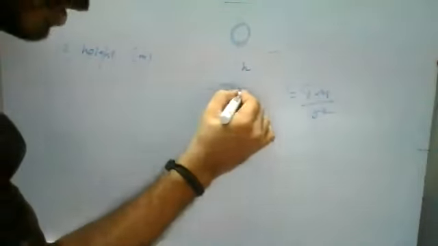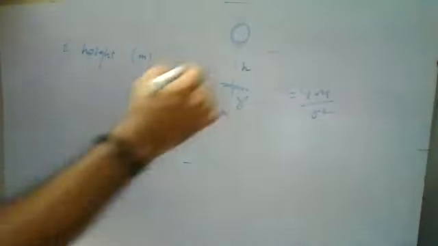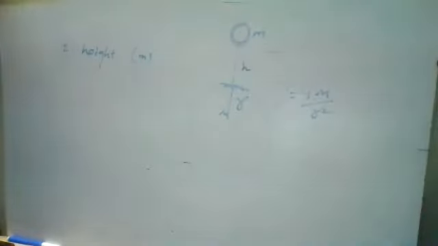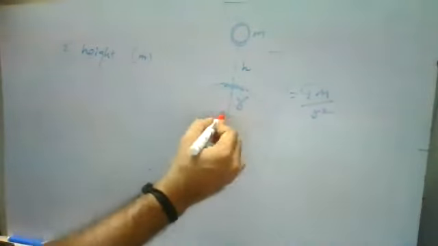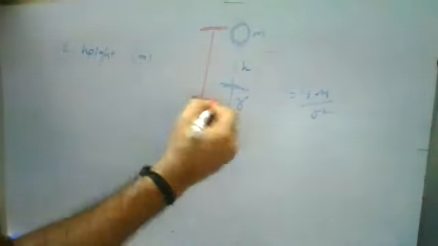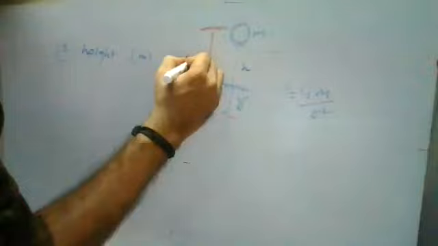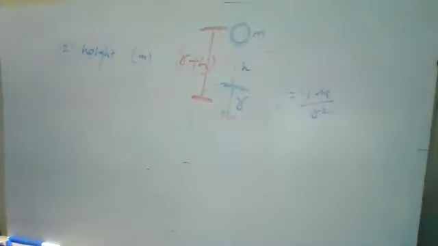I'm just placing it at a particular height from the surface of the earth. When you place this object at a particular height from the surface of the earth, from the center the distance between the small m and the center is R plus h. R plus h. Now the relations will change like this.